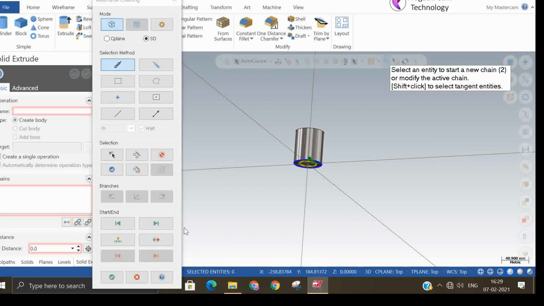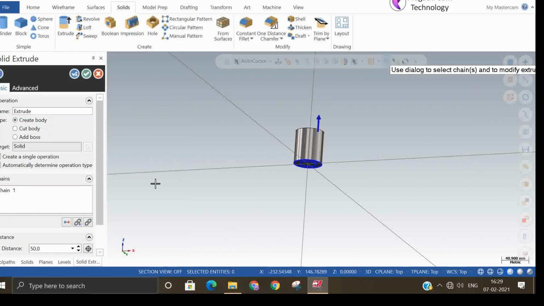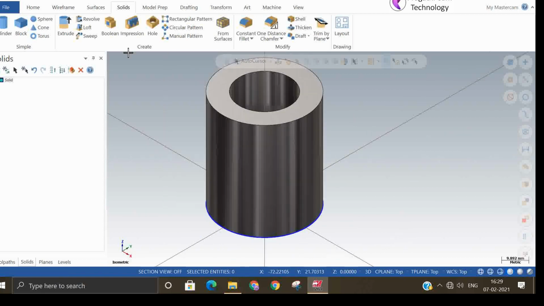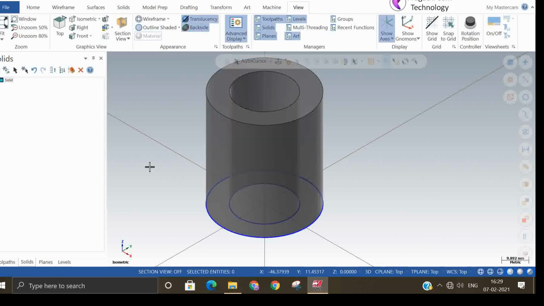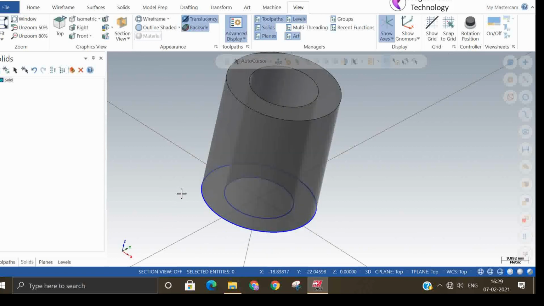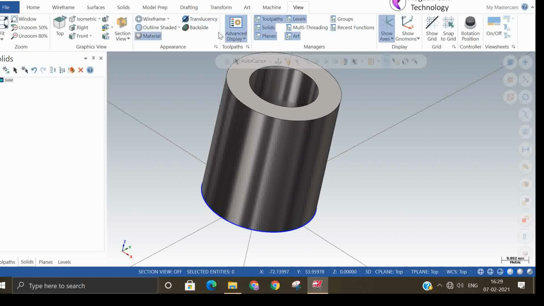We'll say cut body. Now suppose you are not able to see the internal clearly. Now you can go to the view and switch on the transparency. You can see the inside also very clearly. Okay, this is the usage of transparent modeling.